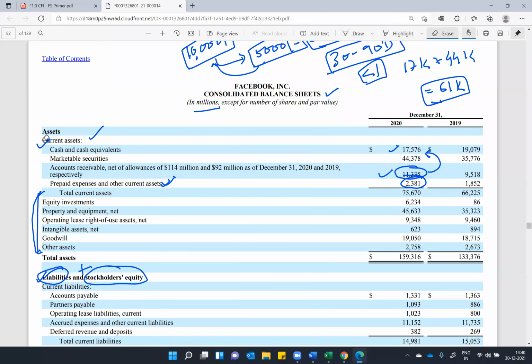Now coming back to the other portion of assets. The first one is equity investments. So I believe that if you are putting equity investment here, it has a maturity of more than 1 year. If you are putting investment within the current group, it must have a maturity of 1 year. I mean to say that the exact maturity may not be less than or equal to 1 year or more than 1 year, but you do have an intention to sell that investment in less than 1 year or more than 1 year. That's how you will think about putting equity investment in one of these buckets, either current or non-current.